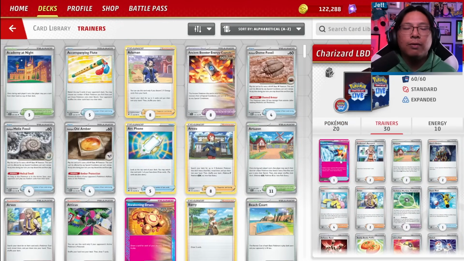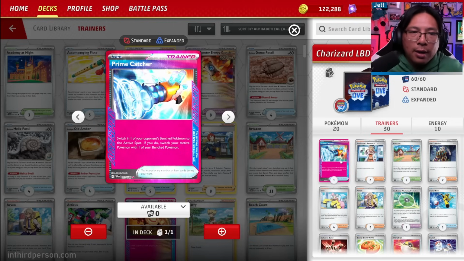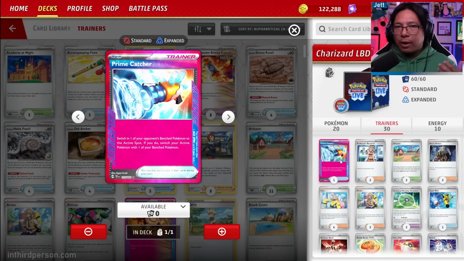For trainer cards, we've got 1 copy of Prime Catcher, which is Pokemon Company. Chef's Kiss. You get to switch one of your opponent's bench Pokemon to the active spot, and if you do, switch your active Pokemon with one of your bench Pokemon. This is amazing because it gusts the right target onto the bench or into the active, and in particular against